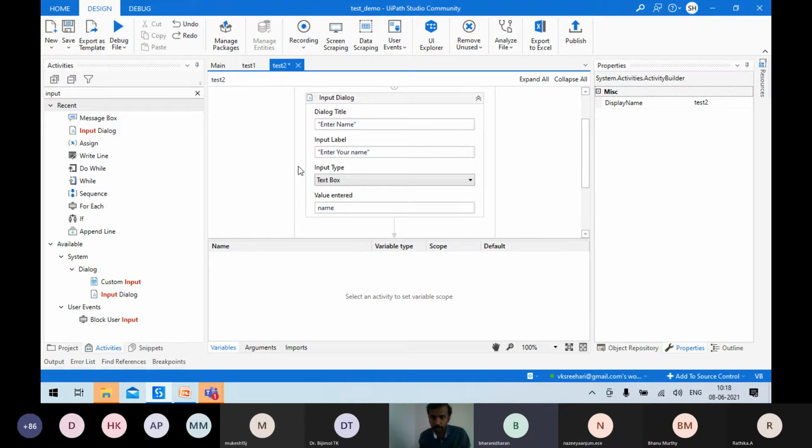It is loading, sir. One second. Yeah, that's what I said. It may take time depending on our system. We might have a lot of things in our system, other programs which are using our RAM. If that is the case, it will take some time. So we need to patiently wait for it.